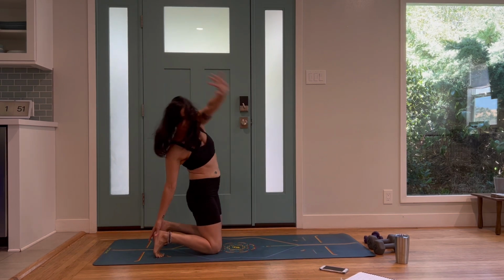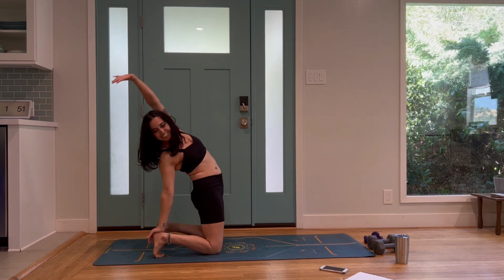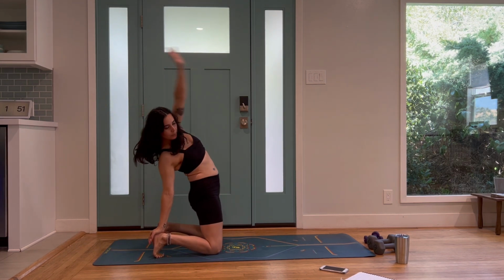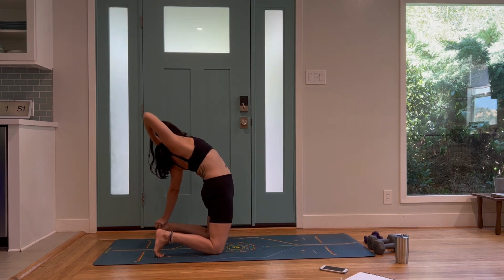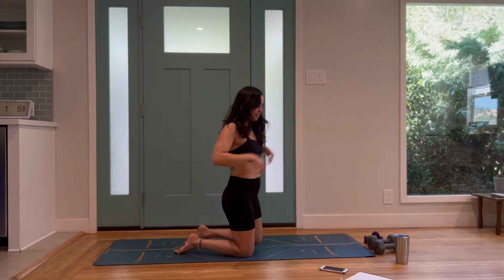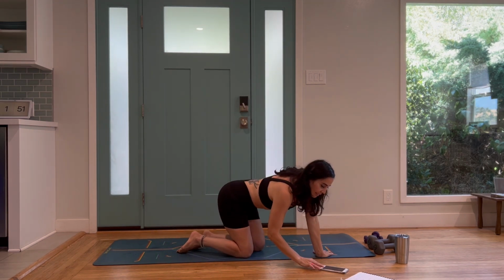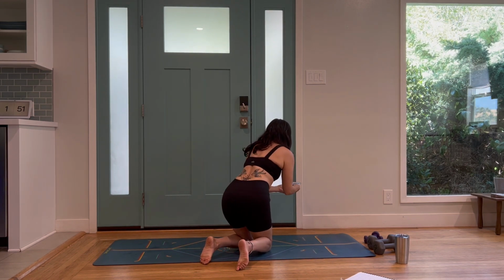Go ahead and take a camel stretch from side to side, opening up the chest, shoulder, and a gentle back bend here. Push the hips forward, breathe into that back body. Our first move, we come into all fours. Take your time to do any last moments of stretches. You can always hit pause if you feel like you need more time, but we'll be warming up as we